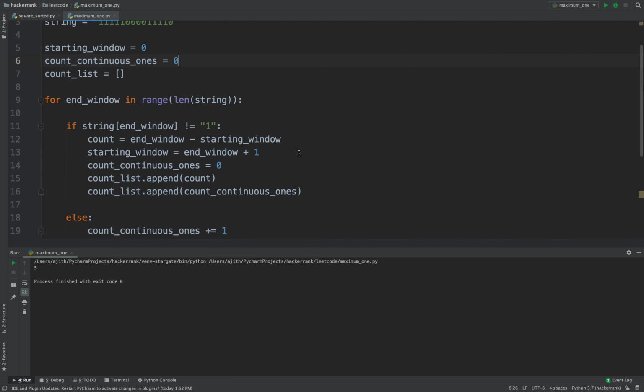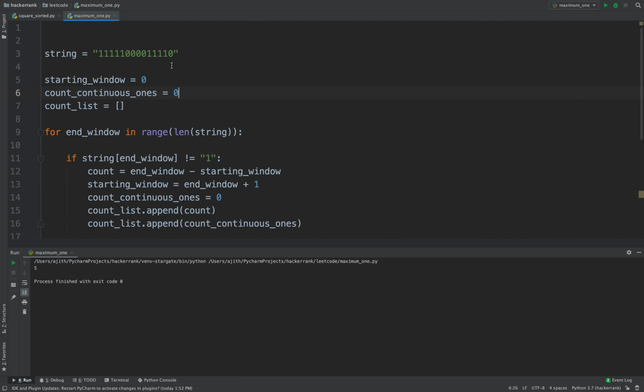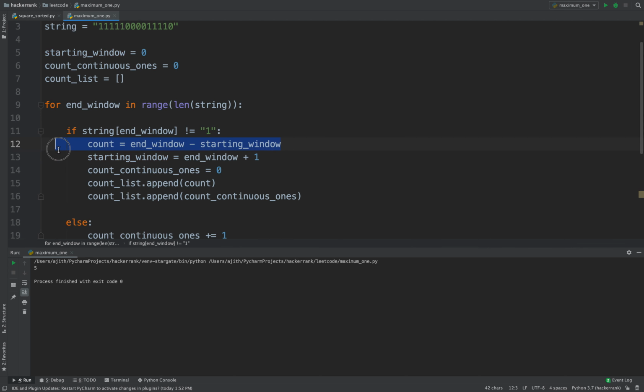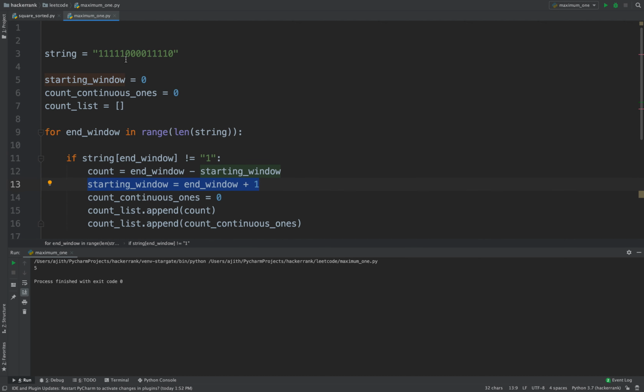So what we have done is we use sliding window approach to calculate the maximum number of ones. The starting window will start from 0, and then the window would end when there is no 1. Then you count the number of ones here and make the starting window start from the next, because it doesn't make any sense counting again from here, right? So here the window ends, you don't need to calculate the number of ones here. So where is the next number of ones? That should be your window starts after this end window. So that is what this step is.